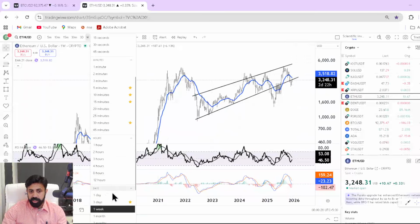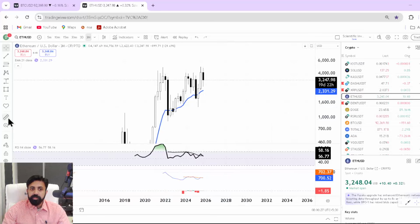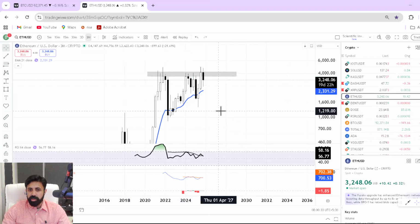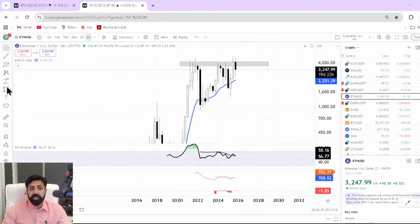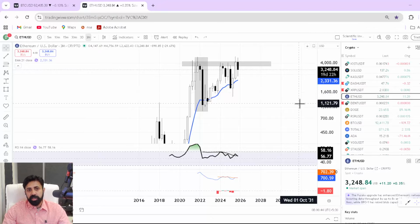Now, if you put this on a quarterly chart, a monthly chart, a higher time frame, what do you really notice in Ether? You came back up here, you took the resistance, you wicked above, and then you came back down. That usually shows the momentum is still alive. Now, which direction is the momentum? This was the momentum. You haven't changed that. So we're waiting for that. So have patience, ride this,